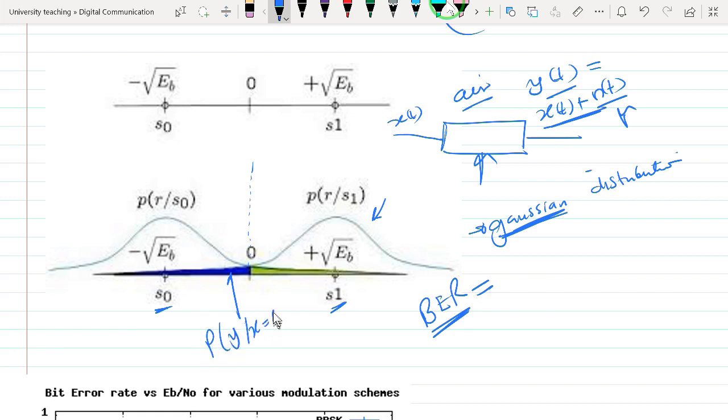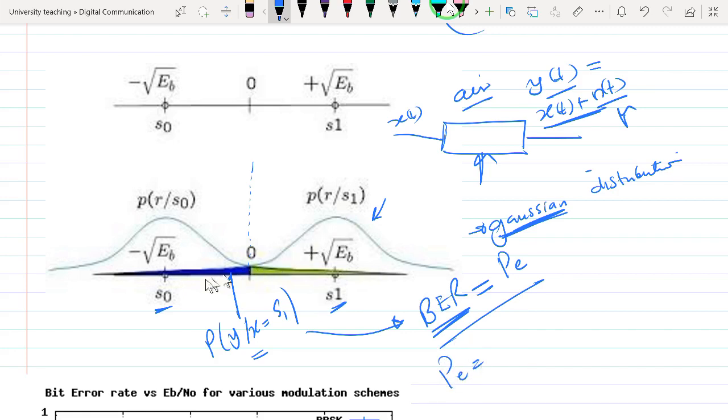So we can define a conditional probability that says that the probability of receiving Y in error when X was sent as symbol S1 can be expressed as a CDF function, or a cumulative distribution function, when we know that the distribution of the noise is going to be Gaussian, and therefore this probability is the one that allows us to define the bit error rate. And therefore we say that the probability of error is sometimes equated to the bit error rate, and therefore we can calculate this probability of error as being equal to,